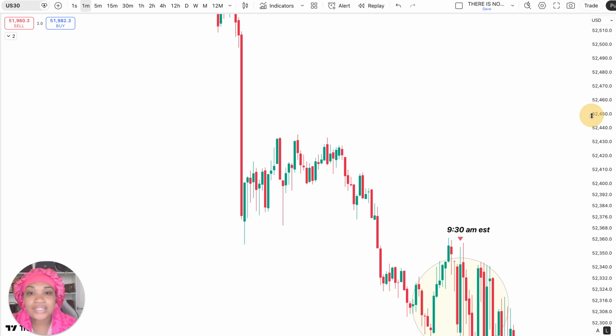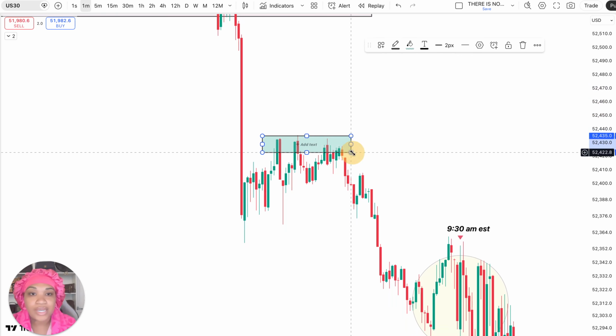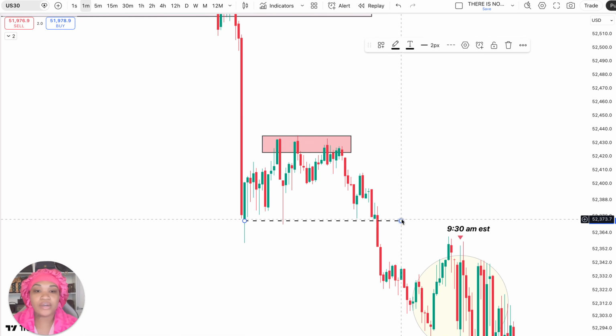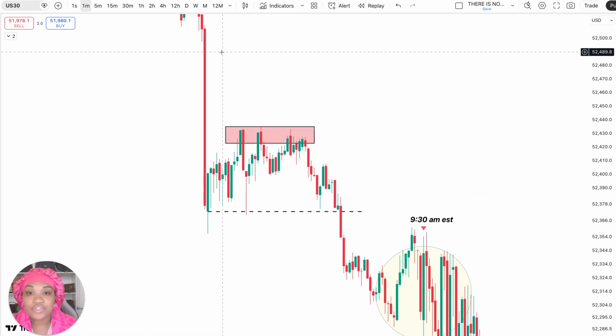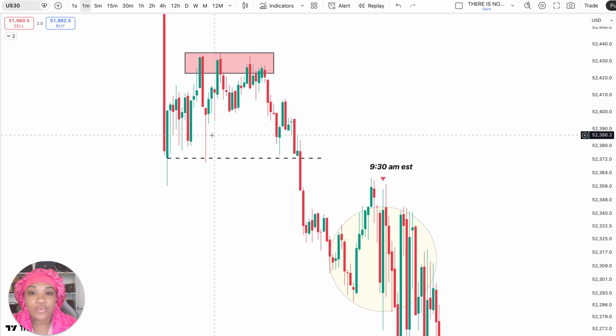So if price leaves behind some imbalance, but it creates supply, as you see here, and then in number 2 breaks structure, as you see here, then you may not expect price to come back to that imbalance. Okay, so 9:30 candle, we broke structure